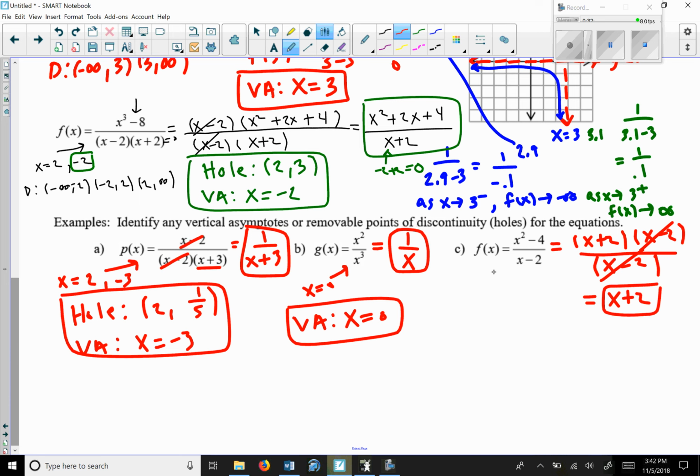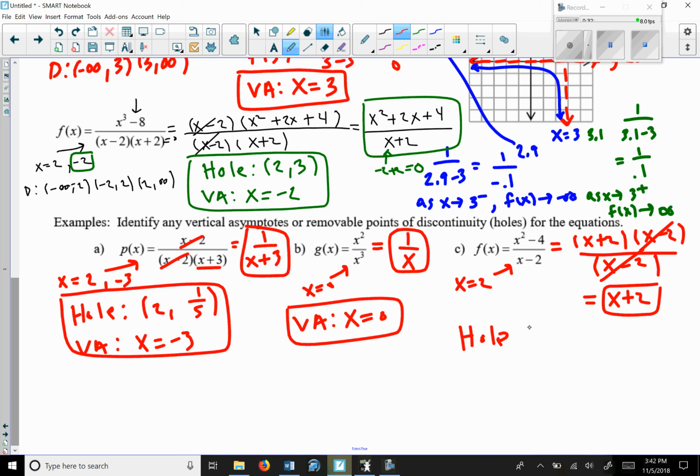What makes the denominator 0? x is equal to 2, because 2 minus 2 is 0. If I plug that 2 into my simplified answer, 2 plus 2 does not make my denominator 0, it's actually 4, so that tells me this is a hole